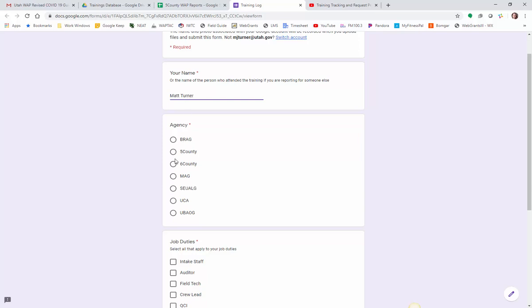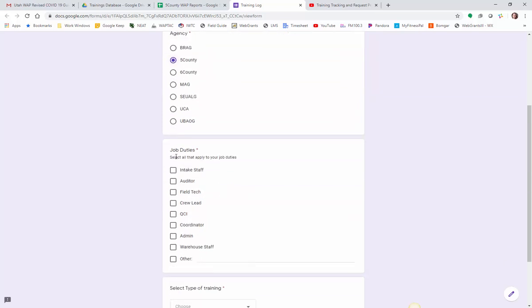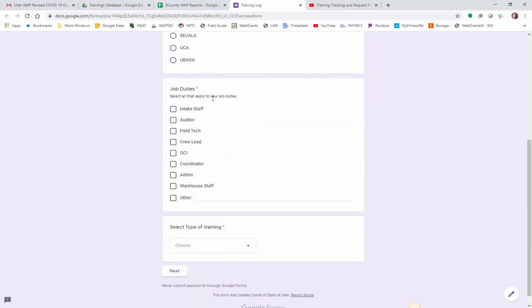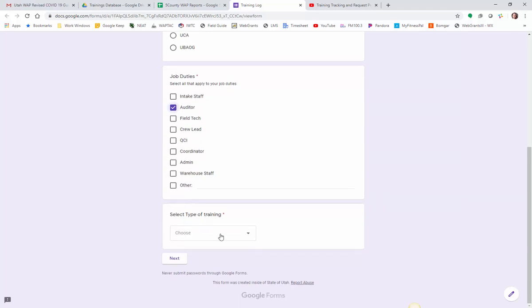So it's just asking for your name, for your agency, and whatever the job duties are of the person that did the training. So I'll say in this case auditor, and then you need to select the type of training. Now there are two options here. There's either a pre-approved training, or a training that comes off of that pre-approved list, or if it was a case-by-case training where you submitted that to the state and you got state approval for that training,